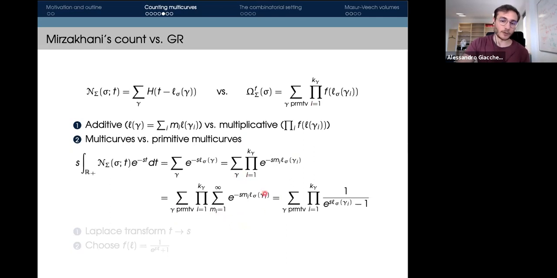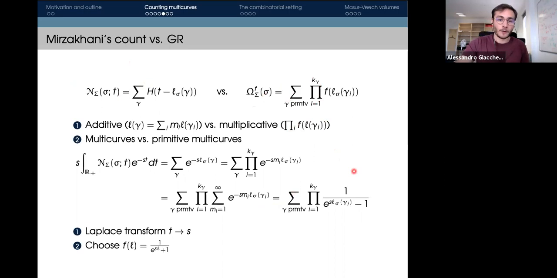And well, now I can just sum this geometric series as soon as the real part of s is positive. And I get this function. So with these two tricks, the Laplace transform and choosing f to be this exponentially decaying function, I can actually compute the left-hand side using geometric and topological